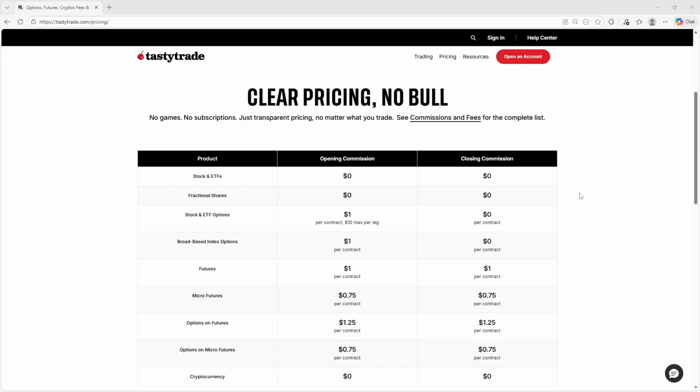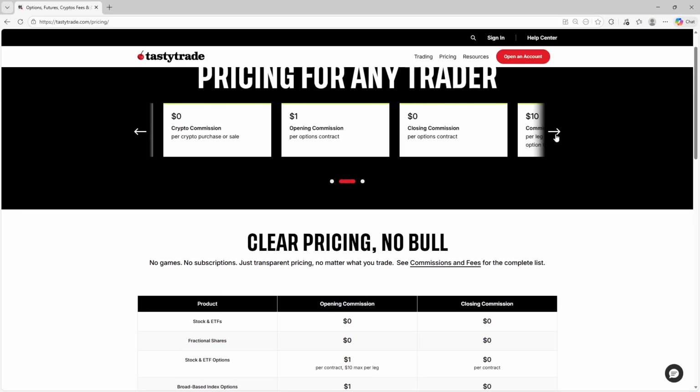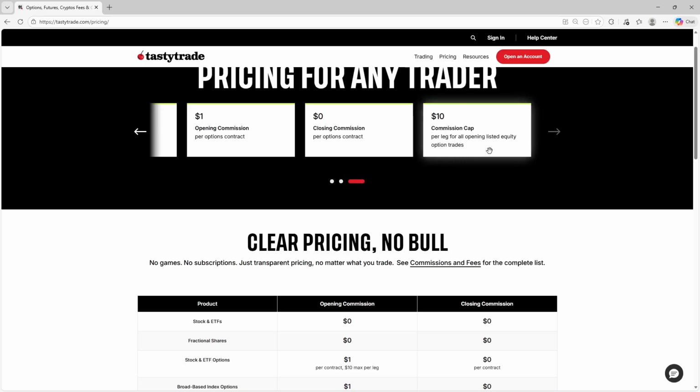Where Tastytrade truly defines its identity is in options pricing. Opening an equity or ETF options contract costs $1 per contract, while closing the position is completely free. On top of that, there is a built-in commission cap of $10 per leg, which is extremely powerful for traders using multi-contract strategies, scaling positions, or managing high-volume options portfolios. Once the cap is reached, any additional contracts in that leg are effectively free to open, significantly reducing marginal costs